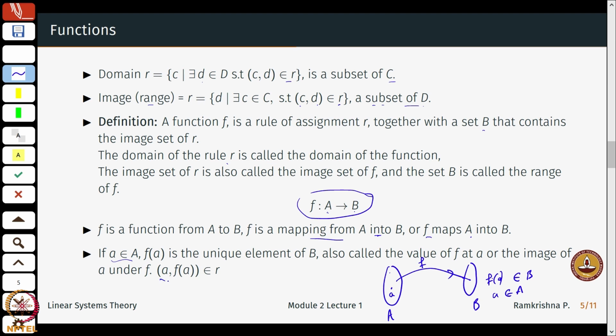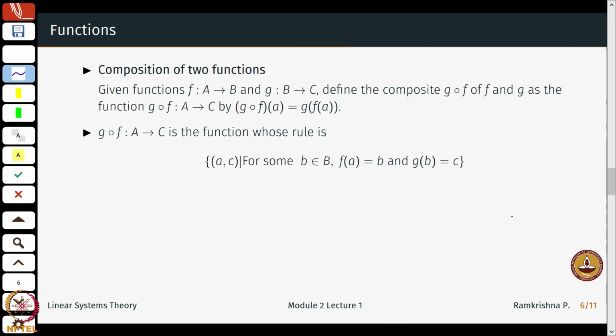Or simply, if I just say a rule based notation, it will be something like this. If I take, for example, a vector x and a function which just multiplies it by a number, say 3, right. So this is the simplest example of a function. So f of x is 3 times x. Okay, and most of the times we will just restrict ourselves to linear functions. These are all in one dimension. We will slowly generalize this to R^n and so on.